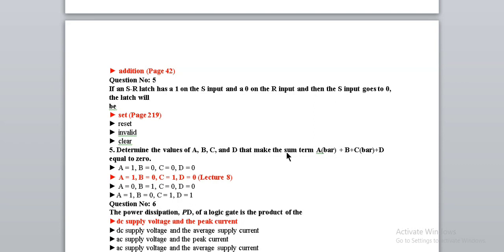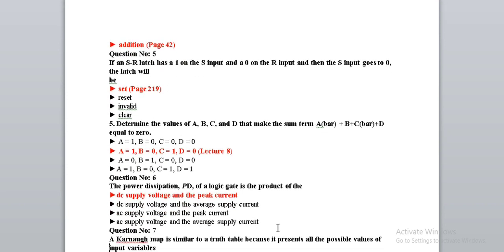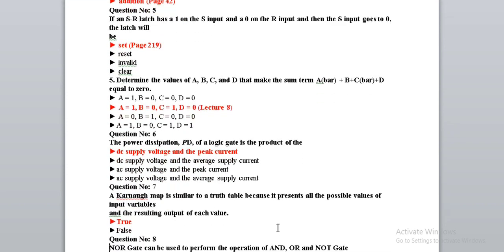That makes the sum term A bar plus B plus C bar plus D equal to 0. A is equal to 1, B is equal to 0, C is equal to 1, D is equal to 0. Next, the power dissipation PD of a logic gate is the product of the DC supply voltage and the peak